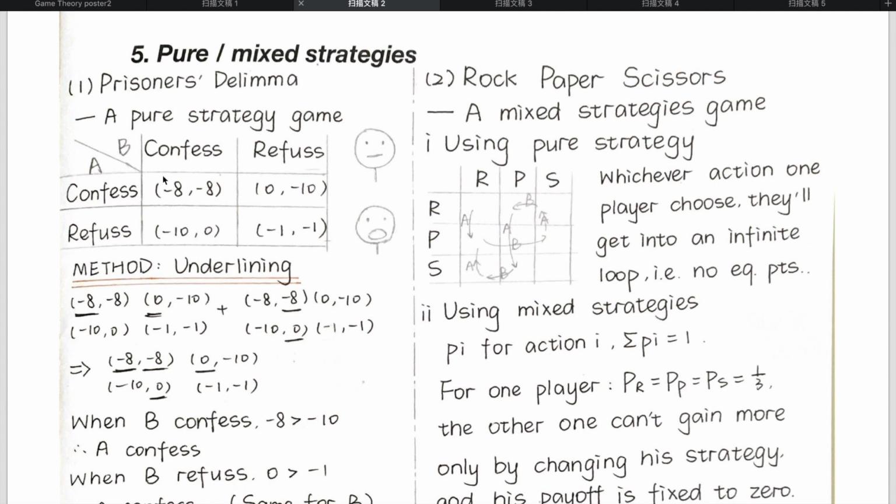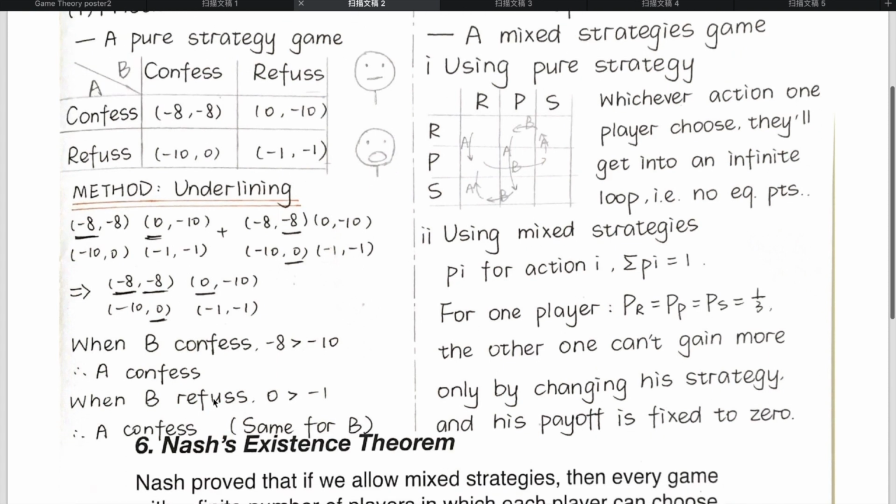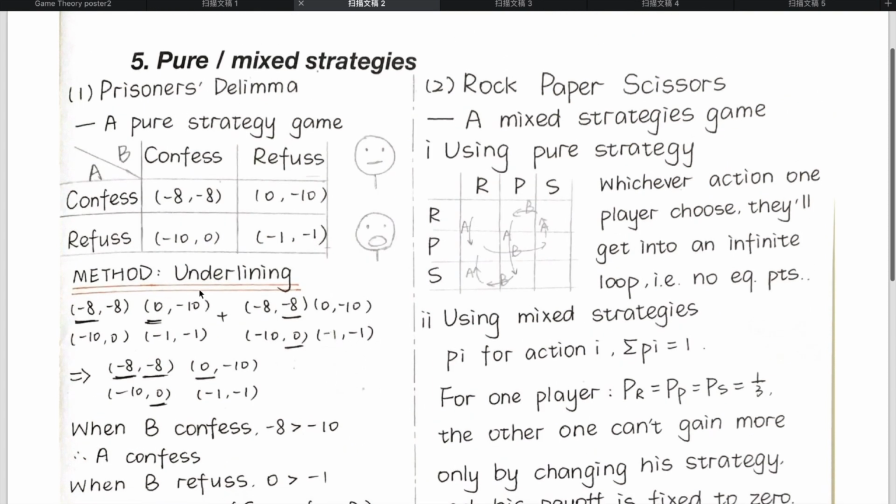It's the same for player B, and we can underline -8, 0, -8, 0, and we can see that the entry -8, -8 is underlined, so it is a Nash equilibrium point, and the only Nash equilibrium point in this game. But when we consider the game rock paper scissors,